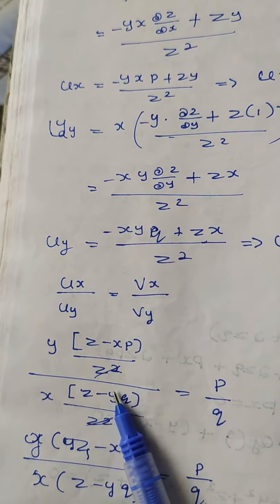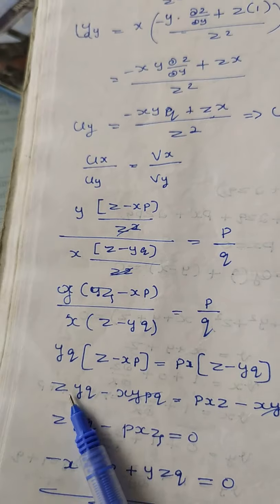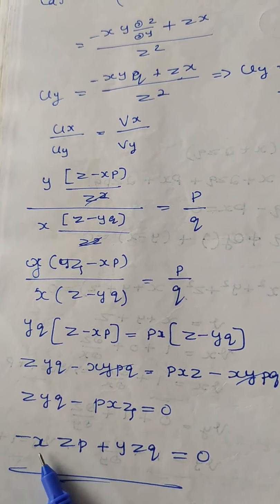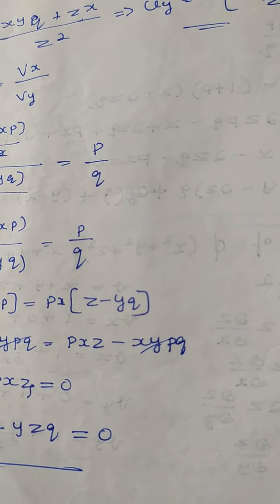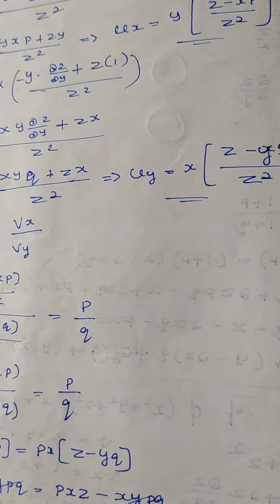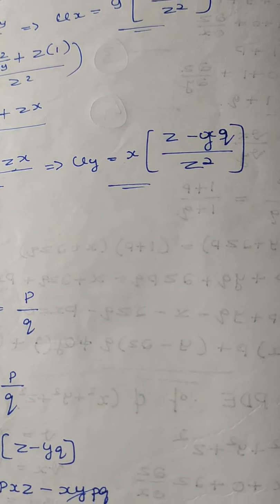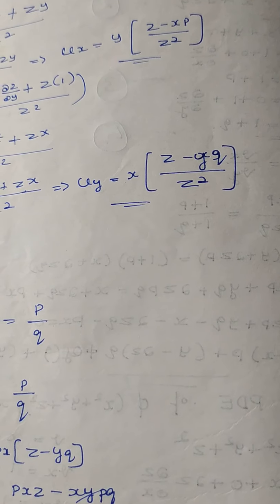Substitute in this equation. Again same procedure, cross multiply it. Then we get the PDE. See, first term with the coefficient of P, next the coefficient of Q. There are no other terms. Leave it. Okay, this is your PDE. Okay, this completes the formation of PDE. Next, in the next video, I will explain how to solve PDE.